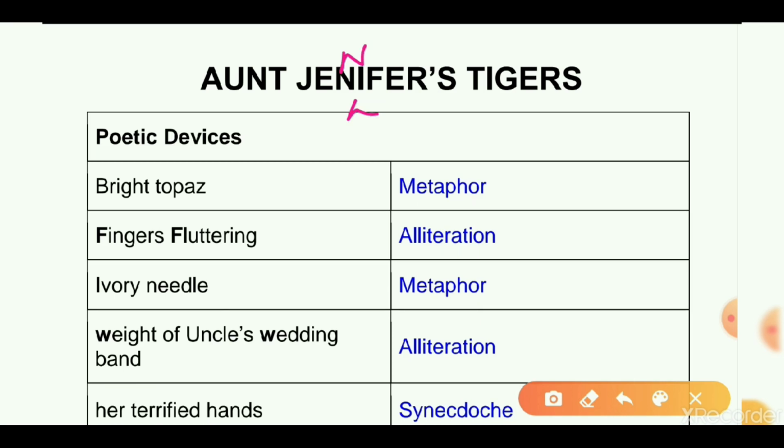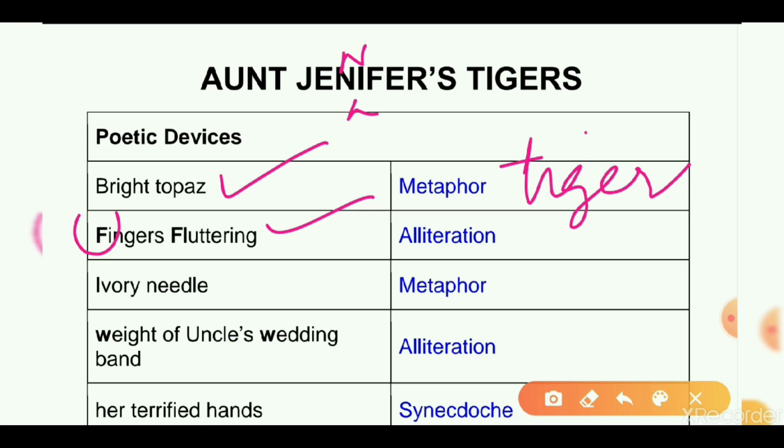And आते हैं इसमें पोएटिक डिवाइसेस देखते हैं। पोएटिक डिवाइस में सबसे पहला पोएटिक डिवाइस है ब्राइट टोपाज में, जहाँ पर टोपाज जो जेम होता है उसकी ब्राइटनेस को कंपेयर किया गया। उसको ब्राइट, इट इज़ एज येलोइश एंड क्रिस्टल क्लियर लाइक जेम, दैट टोपाज। तो यहाँ पर कलर जो है टाइगर के कलर को भी रिप्रेजेंट किया गया है, इसलिए मेटाफर है ये। सो दैट टोपाज कलर इज कंपेयर्ड, टाइगर्स स्किन इज कंपेयर टू, टाइगर्स कलर इज कंपेयर टू टोपाज कलर। ओके, तो मेटाफर हो गया।